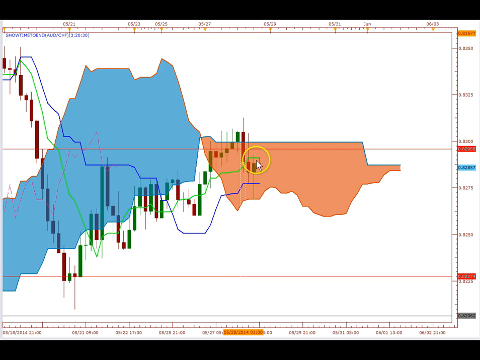Now you can see short term, the bears are in control, but medium term, the bulls are still in control, but it's starting to level out. We're getting closer to the Kijun-sen, and once price crosses on the other side, then that tells you that the bears have taken control. All right, so now we want to see price get above this level